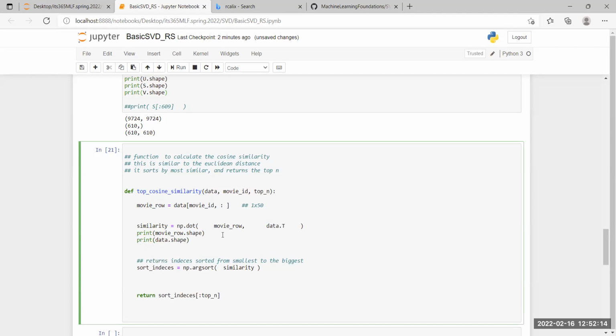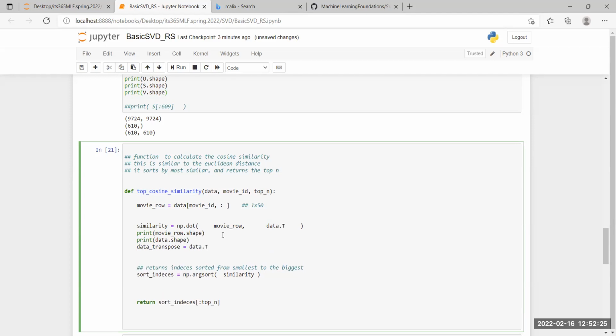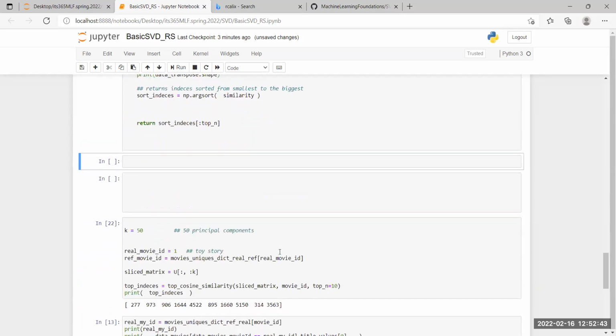Actually, let's do data transpose going to be equal to data dot T, right? And then print data transpose. Okay, so if I run that, and then I run the other ones,